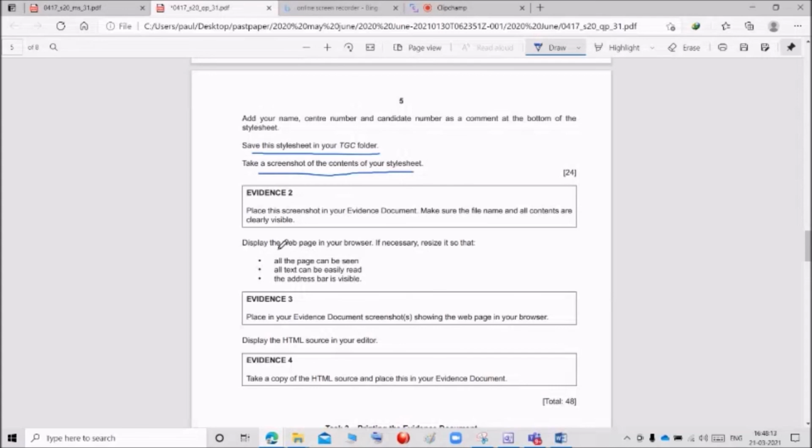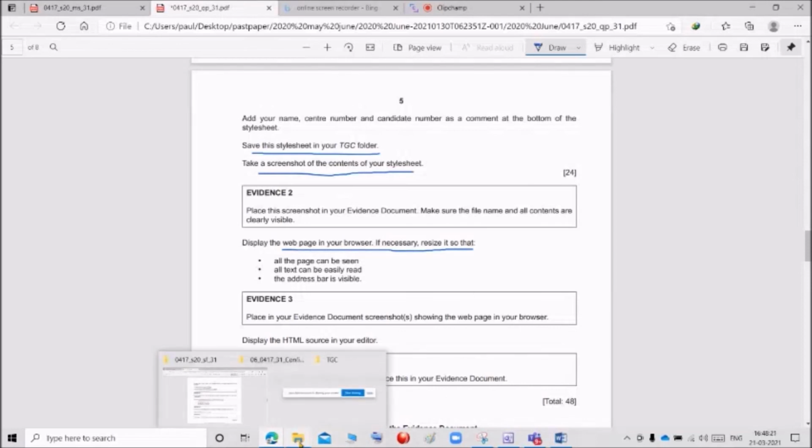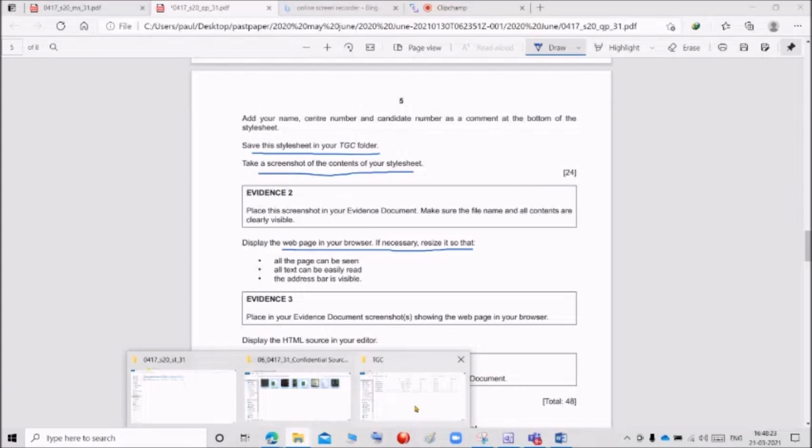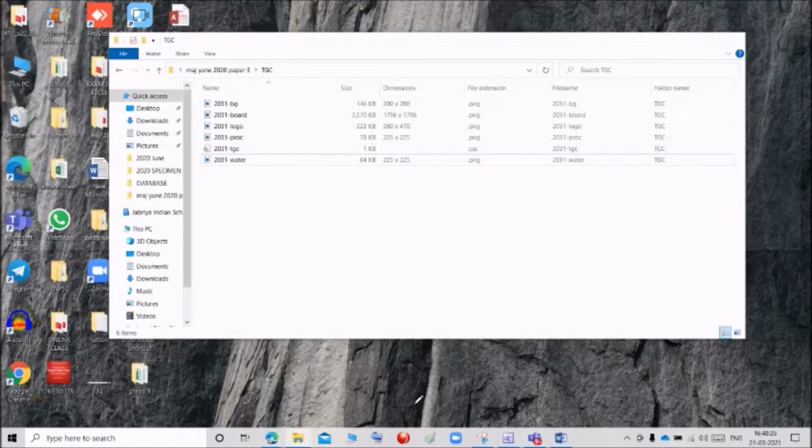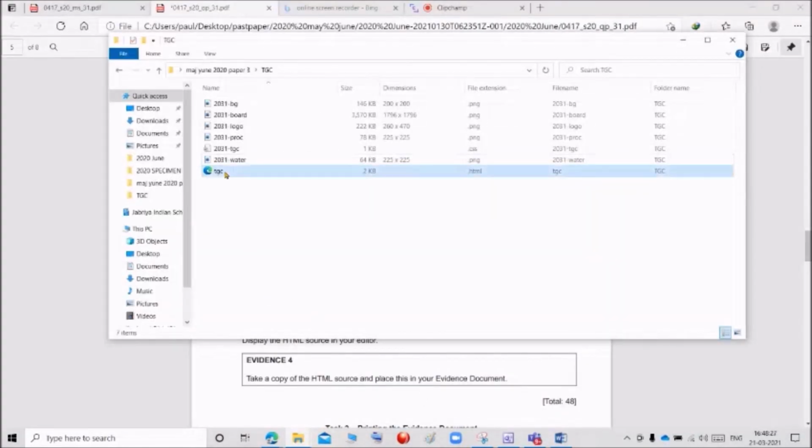Next, display the web page in your browser. If necessary, resize it so that all the pages can be seen. Okay, so we want to display our web page. So I'm going to the folder. I'm going to open my web page, PGC.